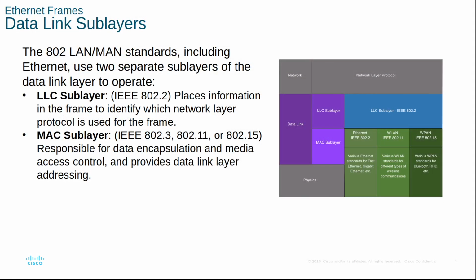So the 802 standards, including Ethernet, use 2 sublayers to operate. The LLC, which is 802.2, places information in the frame to identify which network layer protocol is being used. And then MAC, so that's 802.3 if you're using